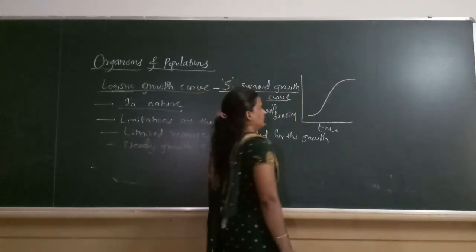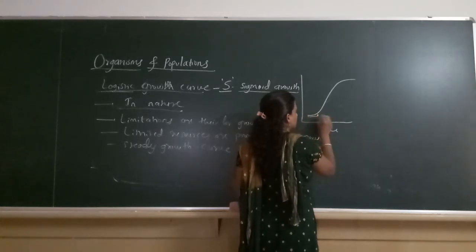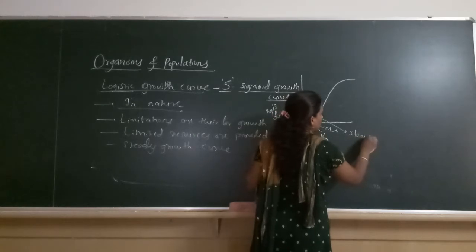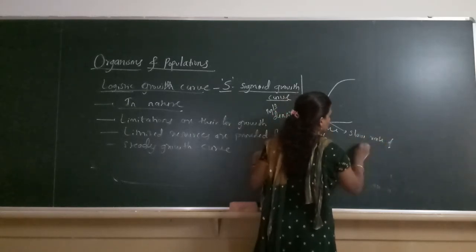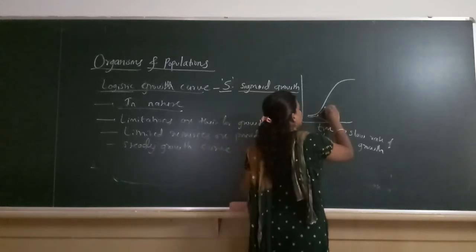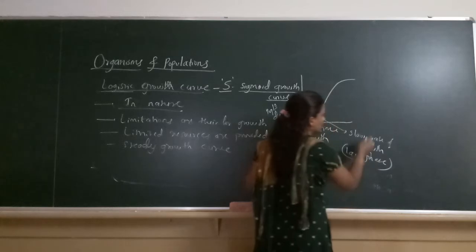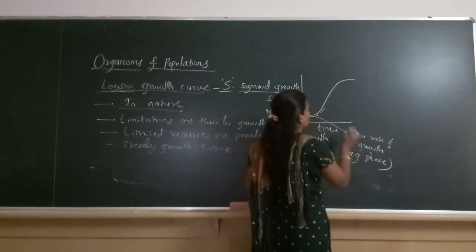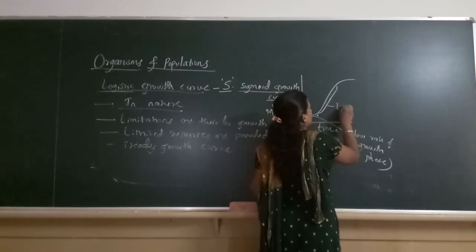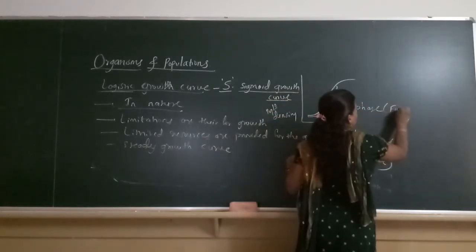Okay, here we can calculate from this to this. Okay, this is called slow rate of growth. Slow rate of growth, and this is called lag phase. Okay, lag phase is slow rate of the growth. From this up to this, okay, this period is called log phase. Okay, that is fast growth.